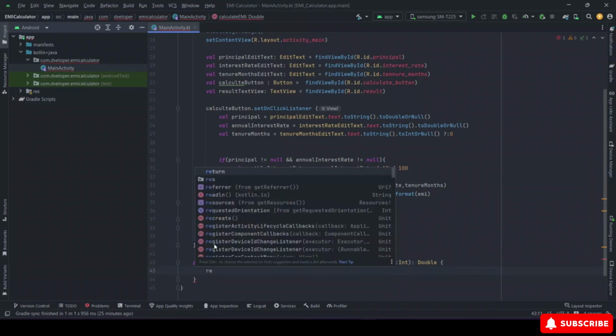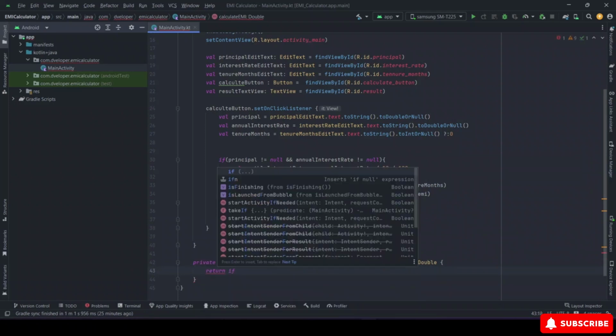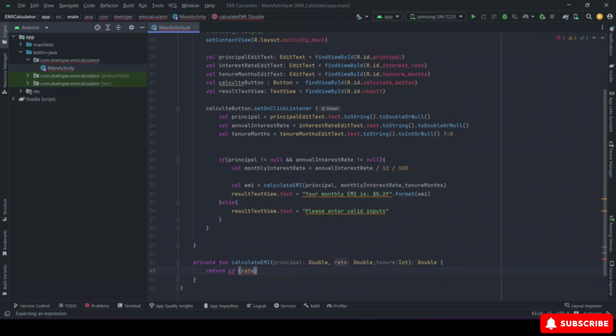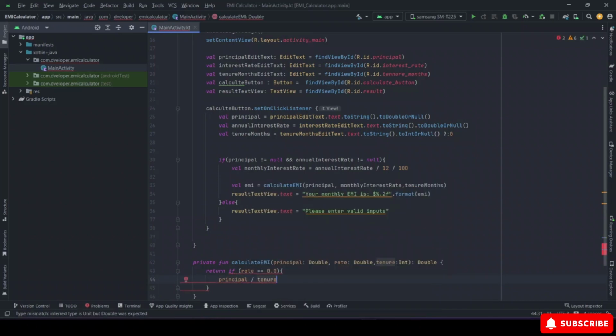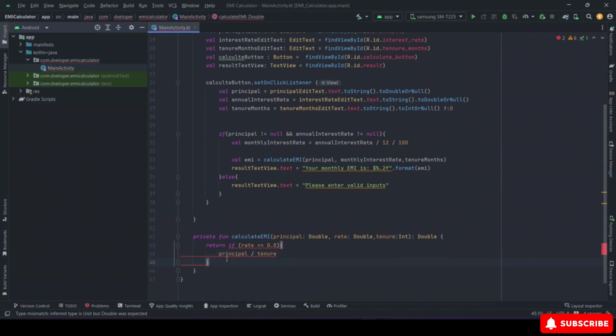Inside this function, we will check if the rate is equal to 0.0. If it is, we calculate the EMI using the formula principal divided by tenure. However, if the rate is not equal to 0,